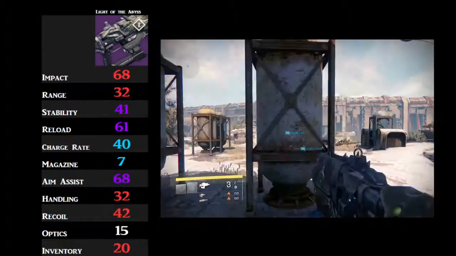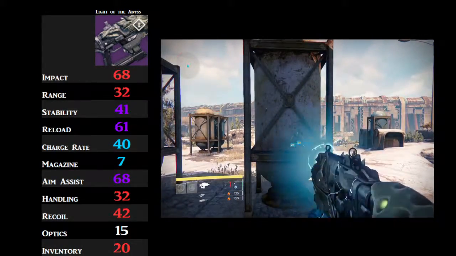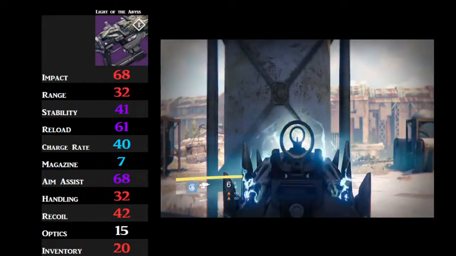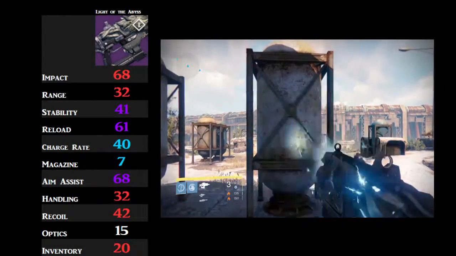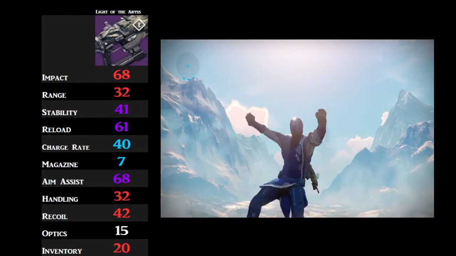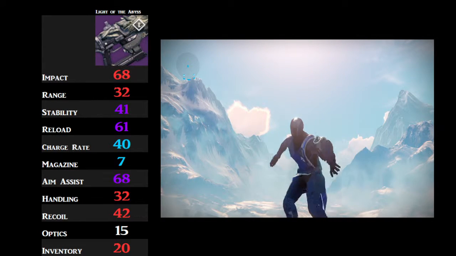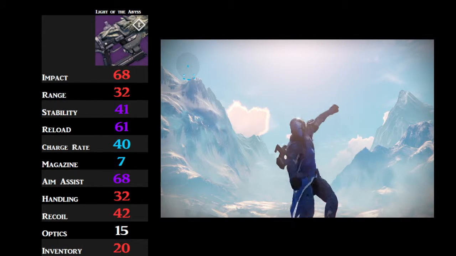of the lowest range. Stability and reload are not bad. It currently holds the fastest charge rate out of any legendary fusion rifle, and one of the largest magazine sizes, with a mid-handling aim assist, but very low handling and recoil direction, as well as inventory. So, a close quarters fusion rifle, but its stat layout should allow it to be able to get that job done fairly well. Considering it has a low handling, you shouldn't really need to aim down sights too much, or